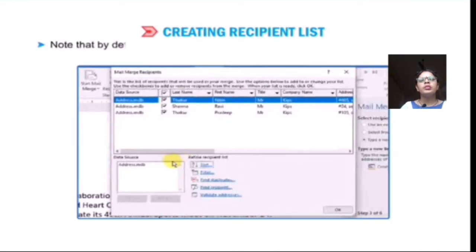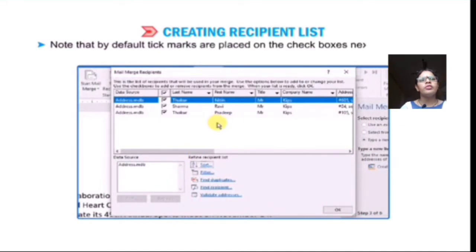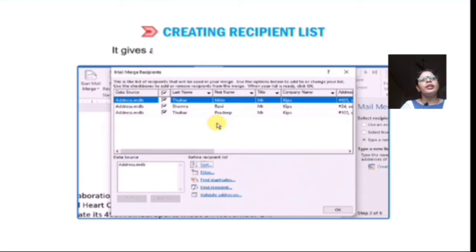Note that by default tick marks are placed on the checkboxes next to each data source field. It gives an indication that records are selected.